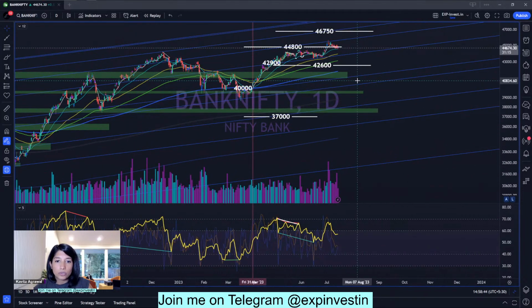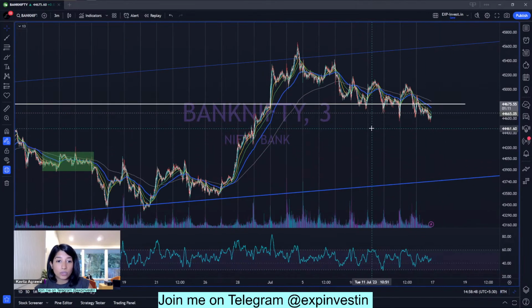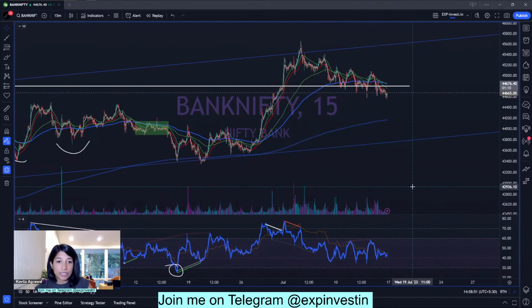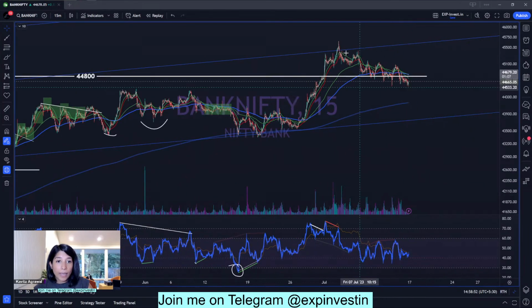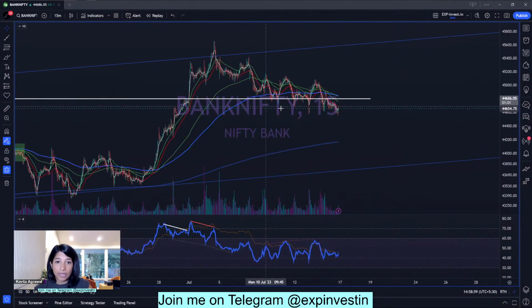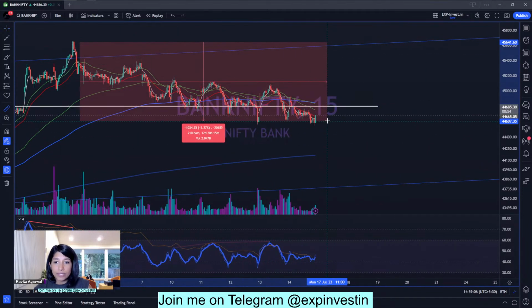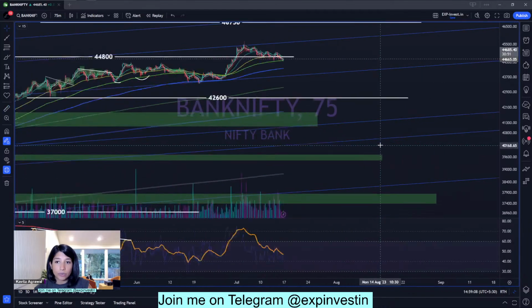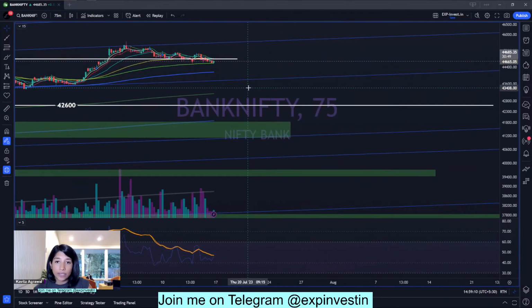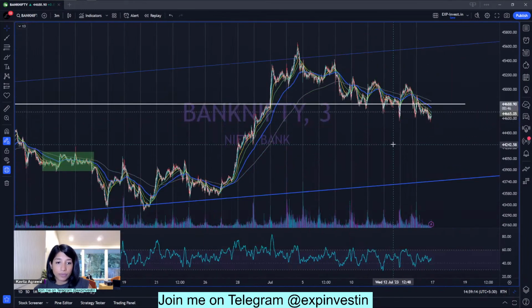Okay. So again, with Bank Nifty also, let's start with the 3-minute time frame. On this 3-minute time frame, as I can see, Bank Nifty has not been moving at the same pace as Nifty has been. What do I mean by that? If you see, Bank Nifty has corrected nearly 2.2%, which is a slightly bigger correction than we've seen in Nifty over the same time frame.